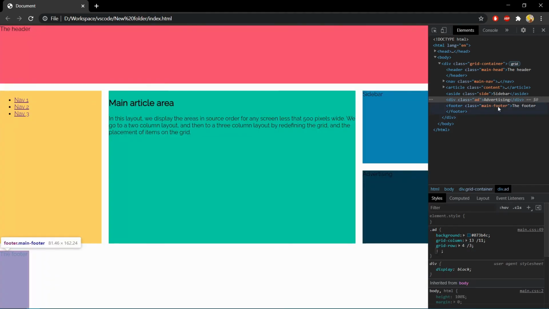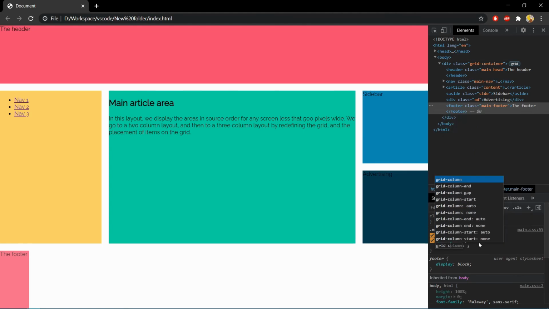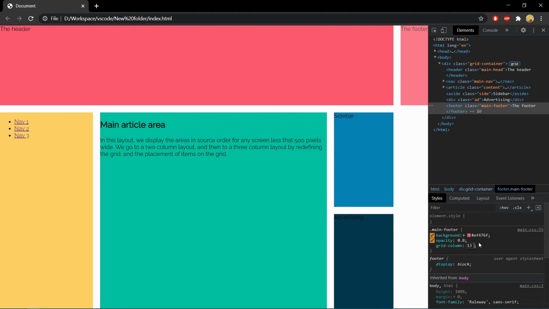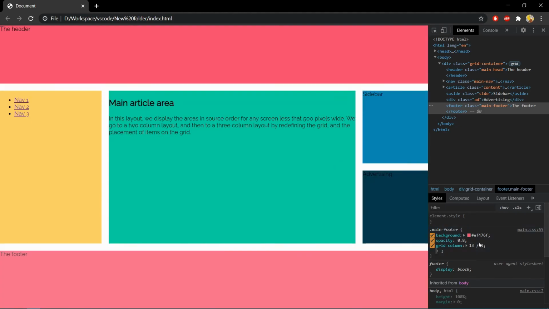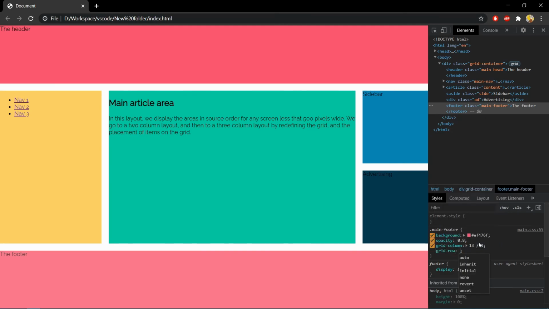Now the last one is footer. Again, you can define it, and you can use the span property also over here, like grid column.